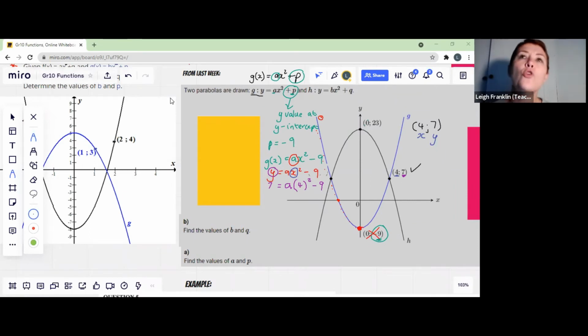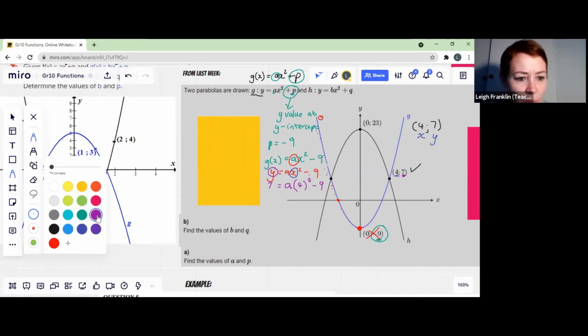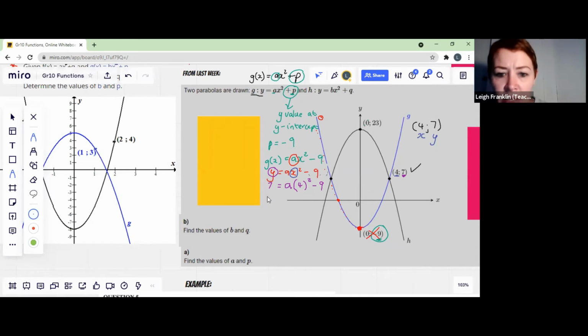Okay, so with the 4 and the 2, Rebecca, I'm just going to keep you for one more second. With the 4 and the little 2, what's that number going to be? It's going to become 16. Hey, well done. So nice. Excellent. Perfect. So in other words, Rebecca, what I'd have here and everybody else is 7 equals... Rebecca says 4 squared is 16. So 4 times 4, which is perfect, equals 16a minus, almost wrote plus, but it's minus 9. Okay, well done. Perfect. Now, what do we want to do?